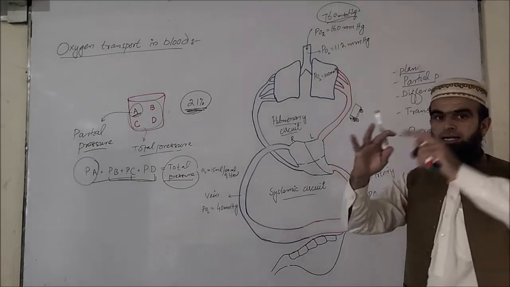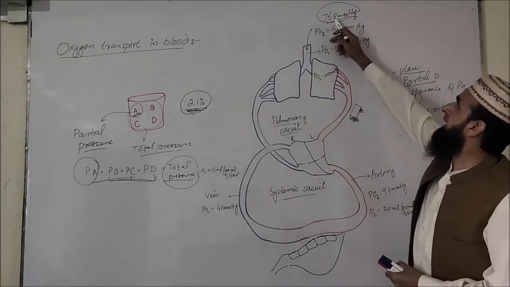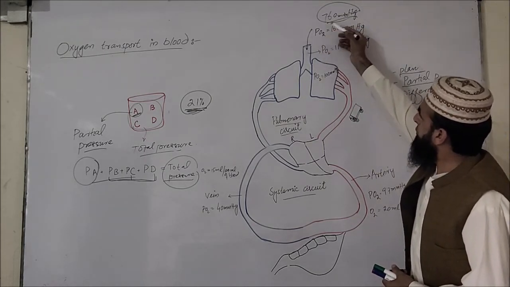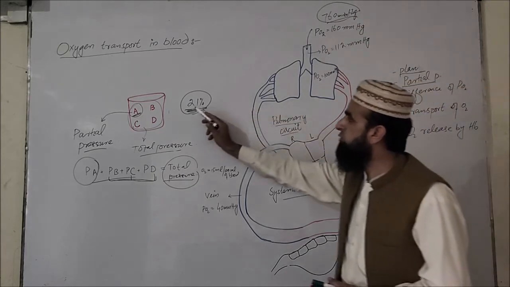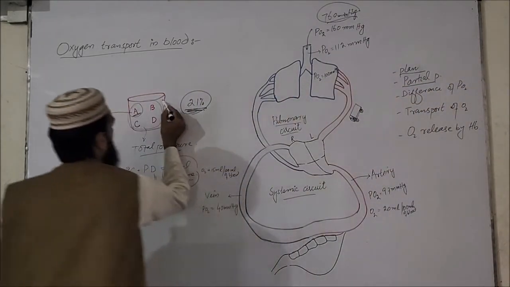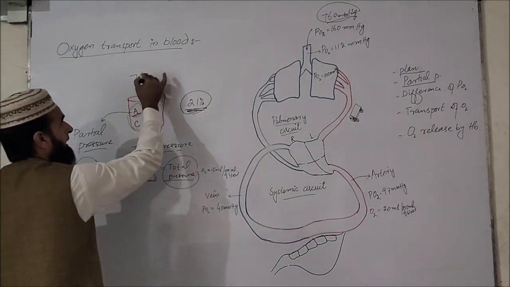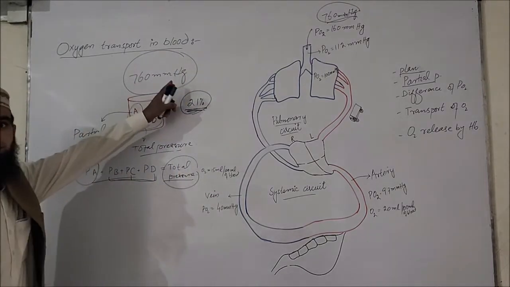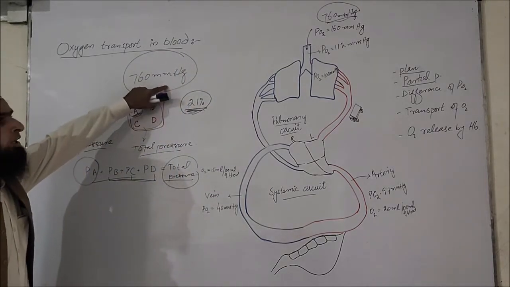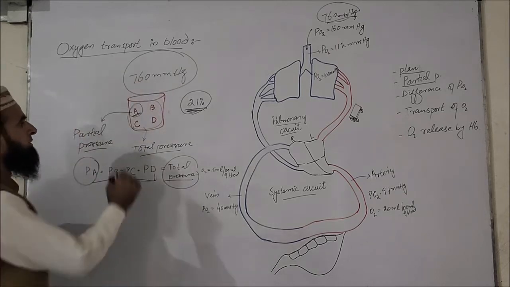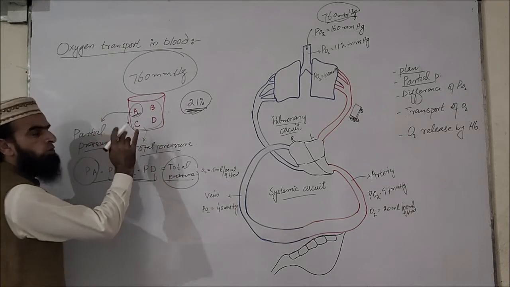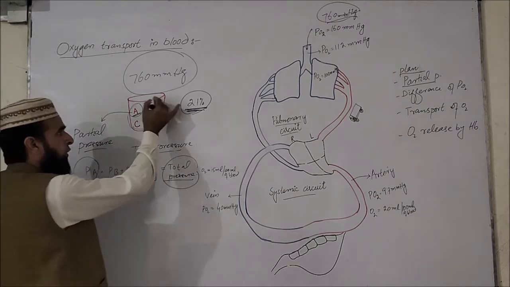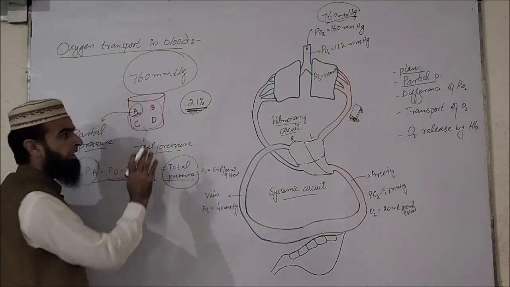Okay, so as the pressure outside our body is 760 millimeter of mercury, and the air from this atmosphere which is being inhaled contains 21% oxygen. This is the inhaled air whose pressure is 760 millimeter of mercury. Out of that mixture, oxygen is one of the constituents. Oxygen is 21%. This whole mixture is considered as 100%, out of which